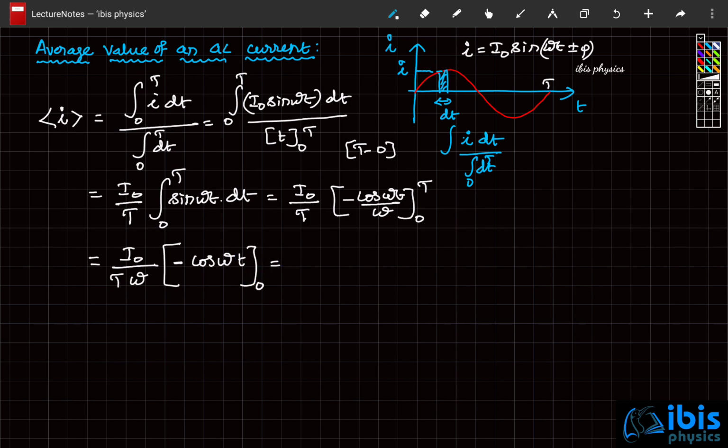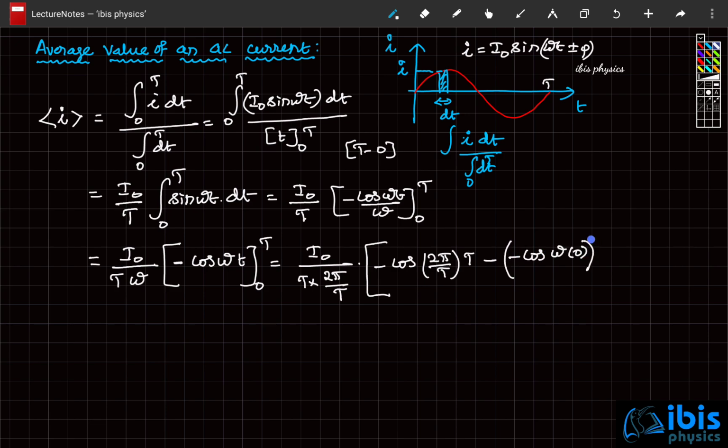So I naught by T into omega, where omega is 2 pi by time period, into minus cos omega t, with upper limit t equal to T, minus the value at the lower limit t equal to 0. When you cancel these two,